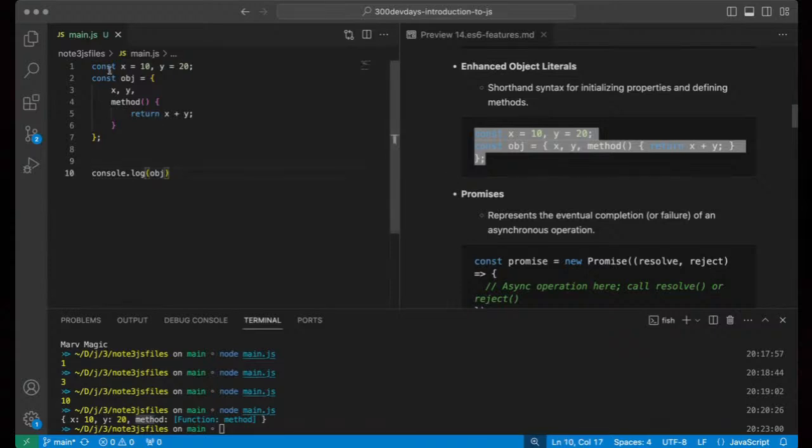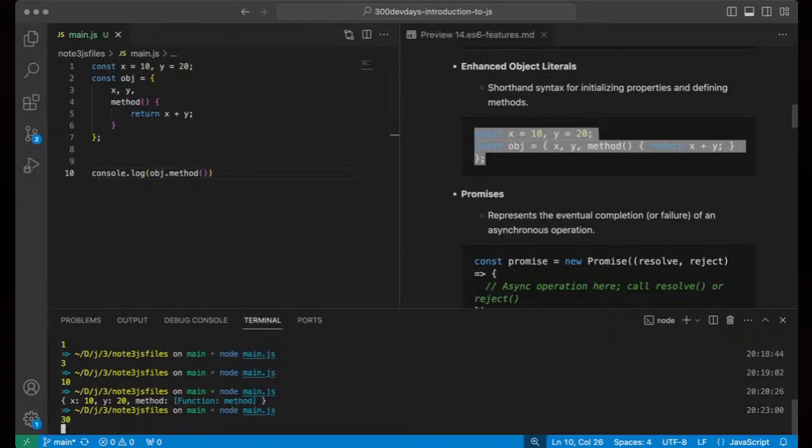So what you're seeing here is that we now have objects. We've passed in x and y, and if we proceed to call object.method, let's do that and execute this. You're going to see it gives us 30, which is the output of that addition. So we're able to do our definition right here, right on top.